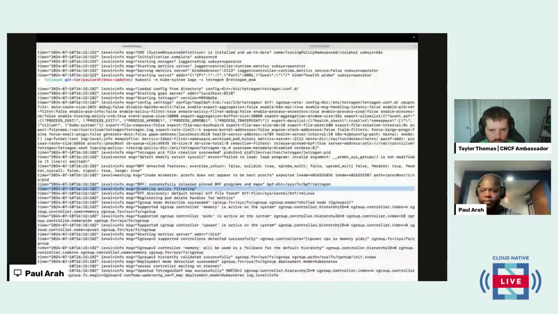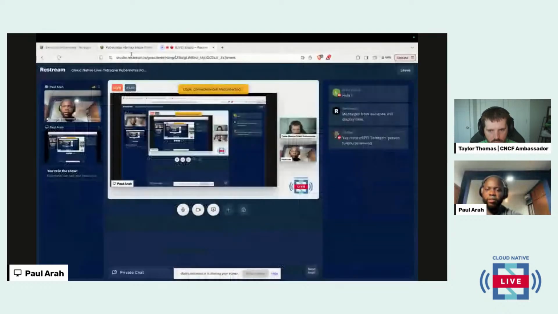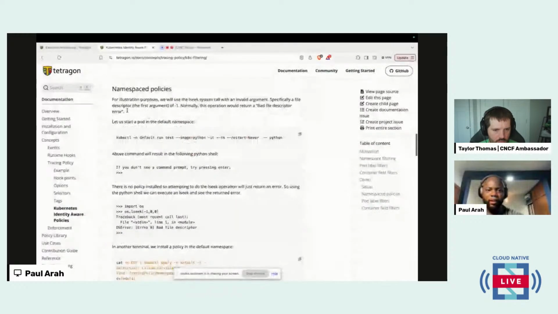You can see the highlighted one here is basically policy filtering has been enabled. All right, so the next thing, we're just going to run a very simple